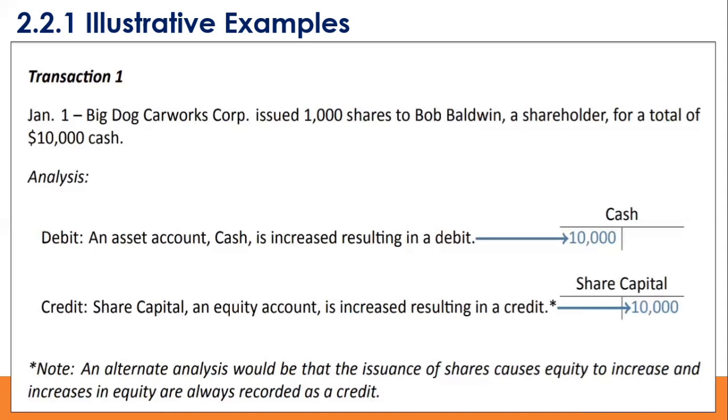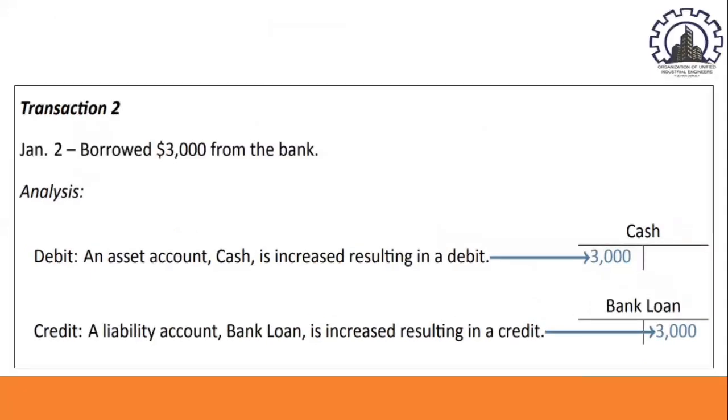So the next transaction we have, on the 2nd of January, borrowed $3,000 from the bank, meaning Big Dog Car Works Corporation made a loan from the bank. If we try to analyze the transaction, how many accounts do you think are involved? Same with transaction 1, we also have 2 accounts involved for this particular transaction. First, we have cash, and second, we have bank loan. Now, as you can see in our debit account, an asset account called cash is increased, resulting in a debit. Why did cash increase? Because we made a loan from the bank. When our loan was approved by the bank, we received $3,000